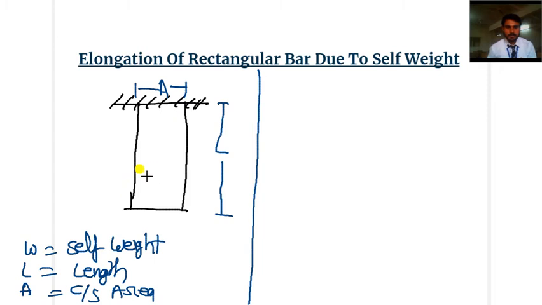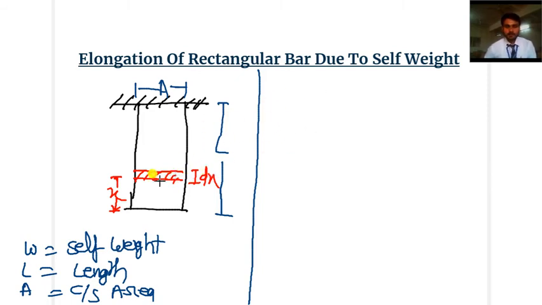For that we will take a strip of dx thickness. The thickness of the strip is dx, and it is at a distance x from the bottom end. So we have considered a strip of dx thickness at a distance of x from the bottom end, and the bar consists of an infinite number of such strips. The bar is made by an infinite number of such strips. So first of all we will study a single strip. After that we will include all over the bar.